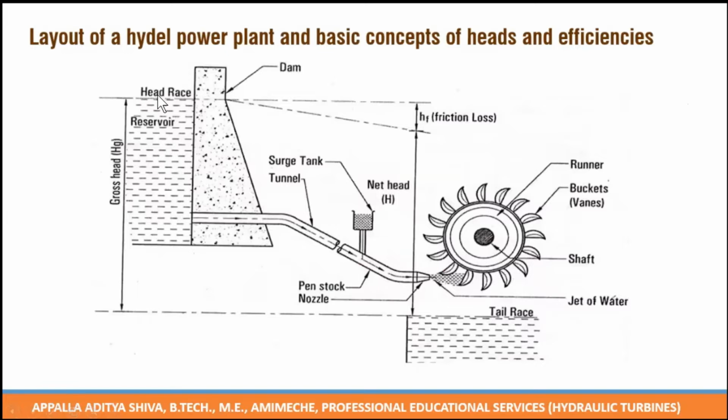Now, here we have head race level, wherein let us say we have 100 cubic meters of water. By the time water comes to the nozzle and flows, you have the surge tank where some of the water is taken away and there is fluid friction in the pipeline and minor head losses due to sudden expansion, sudden contraction and all. So all of these reduce the amount of water that is striking the blade. So this efficiency is called volumetric efficiency.